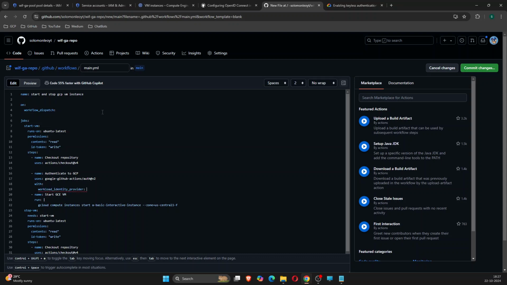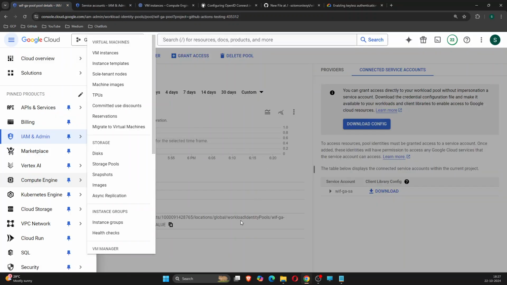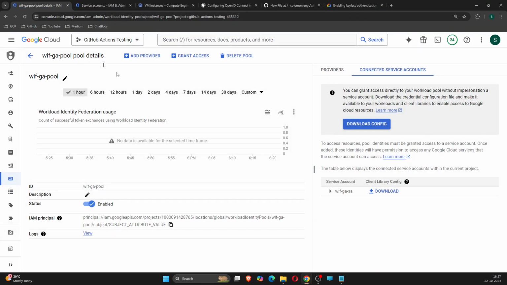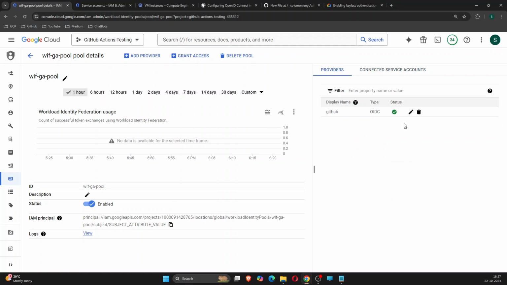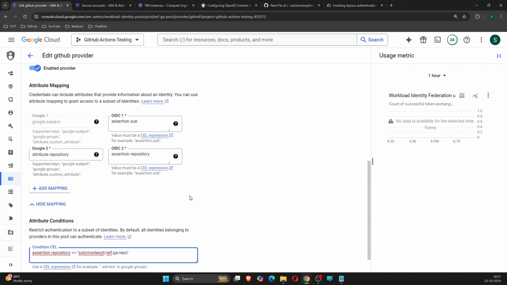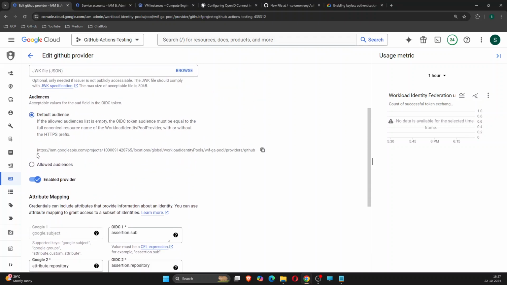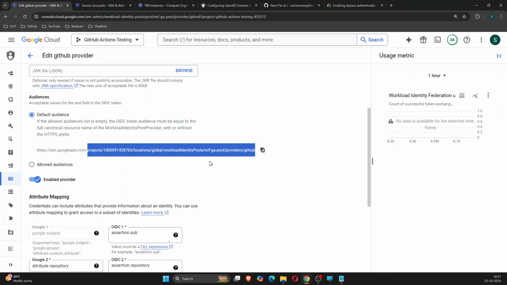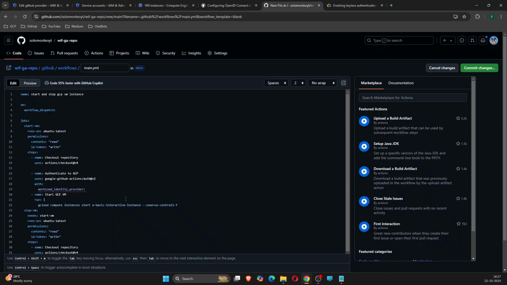colon, and here I will be giving the link of the provider. If you go back to your pool, click on providers, and here there is an option of edit. Click on the edit option, and if you scroll up or down, there is a link over here. You have to copy from projects till the end, till the provider name, copy it and paste it over here